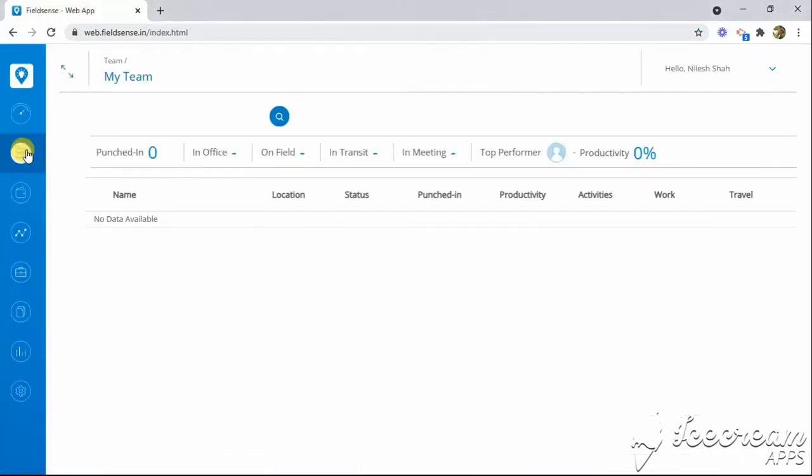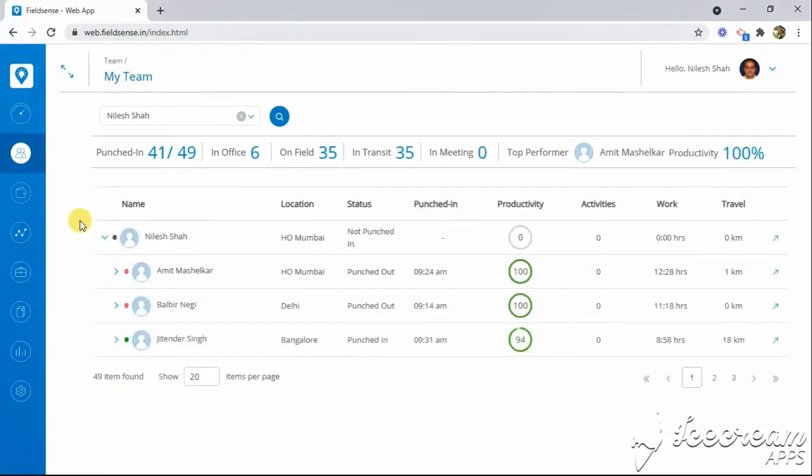Under My Team you will have a view of the details related to your direct or indirect reportees. On the top bar you will have major information like the total number of users reporting to you. Out of that, how many have punched in today, and in detail, how many are in office, how many are on the field, in transit, who all are in a meeting, and who is the top performer of the day. And this is the list where you can see